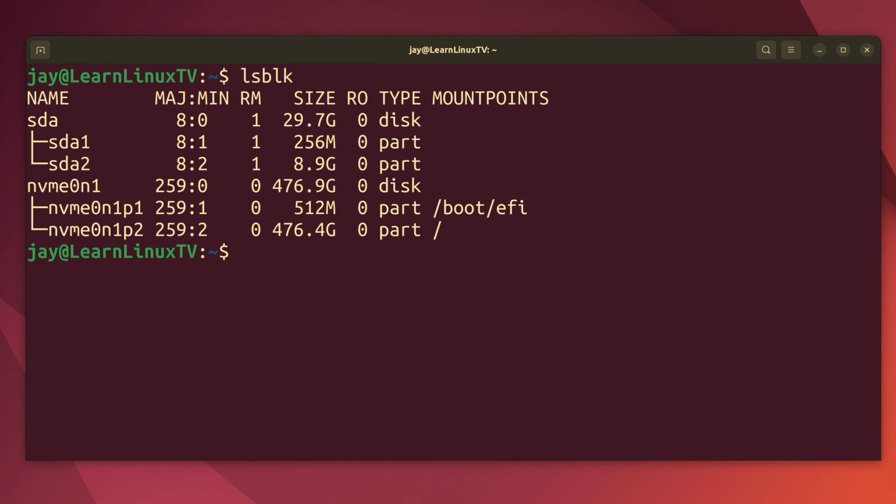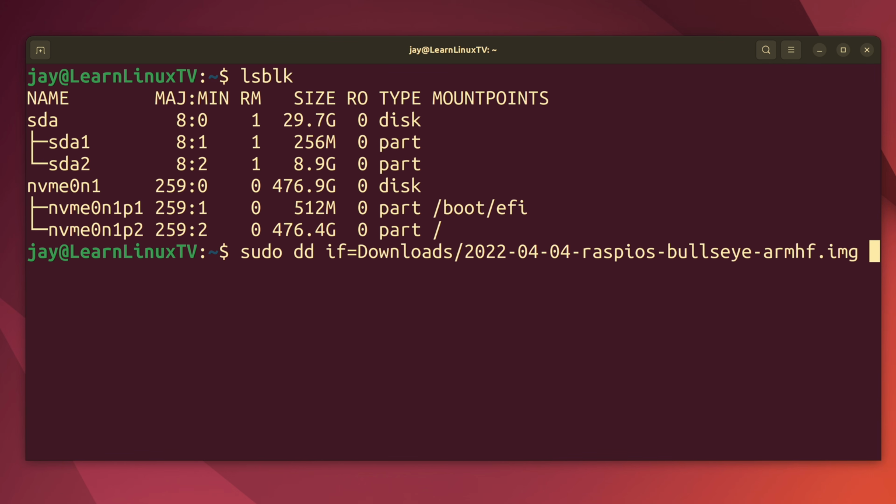Again, it's SDA in my case. That's actually my device name. So what I'll do is run sudo and then dd and then if for input file. It's the image file in this case. So what we'll do is point it to the Raspberry Pi download that we should already have. That one right there, and then we'll type OF. That is for output file. We're going to set that equal to, in my case,